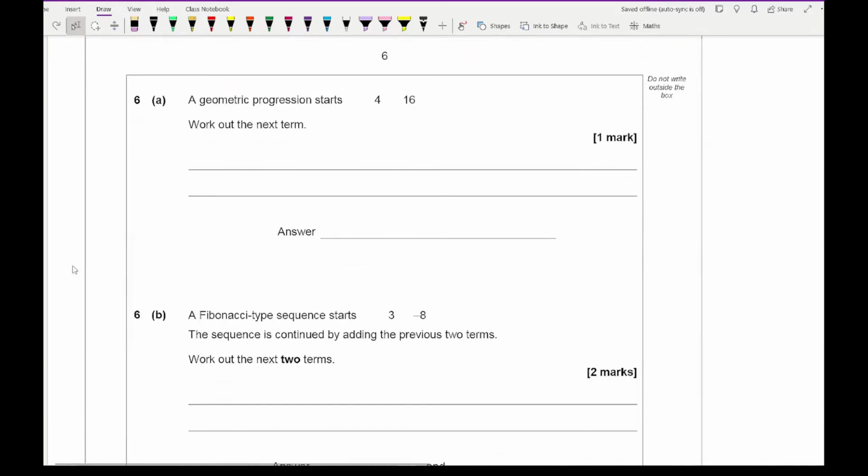Now for question 6a, here it's saying that a geometric progression starts 4, 16. So again, what we need to do is find what the ratio is. So to find R, we just divide two consecutive terms together, so it's 16 over 4, which equals 4. So what we then need to do is just multiply the 16 by 4, which gives us our correct answer